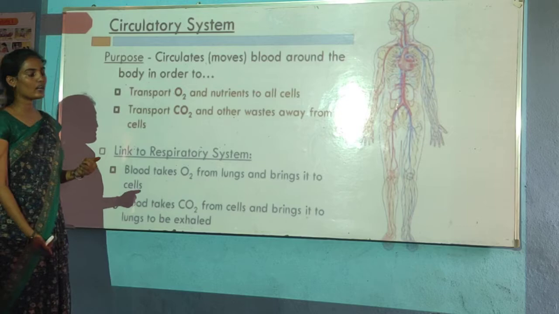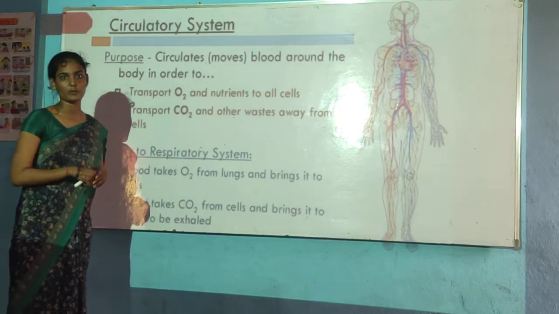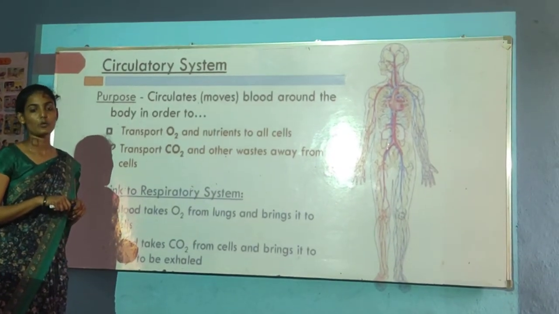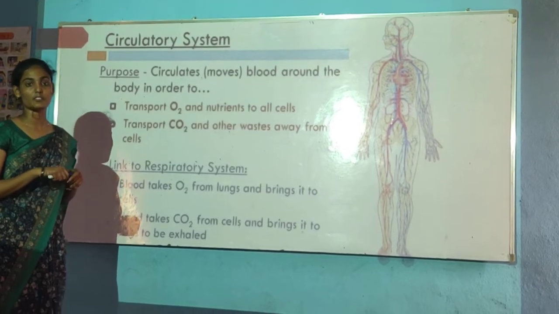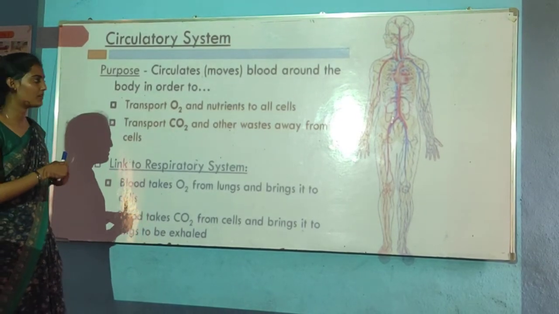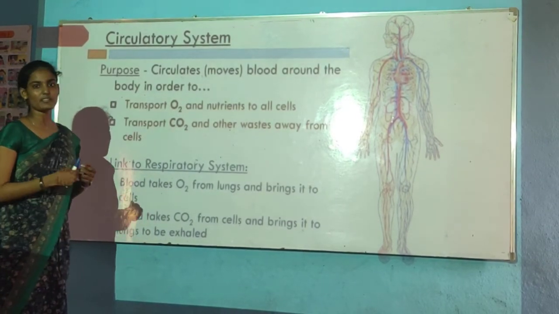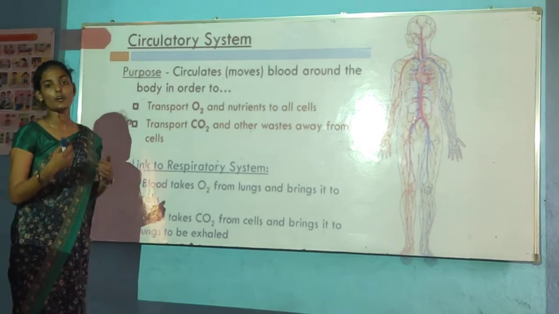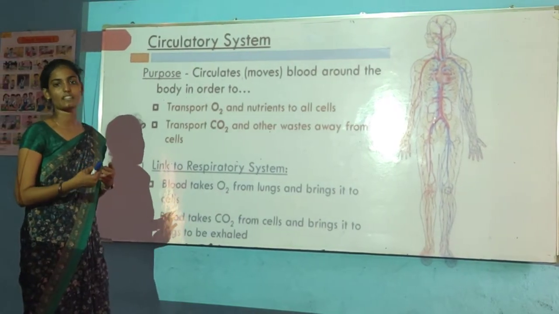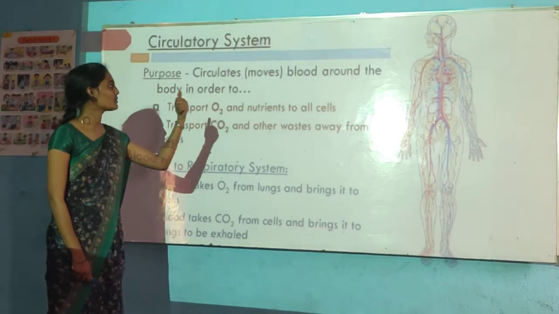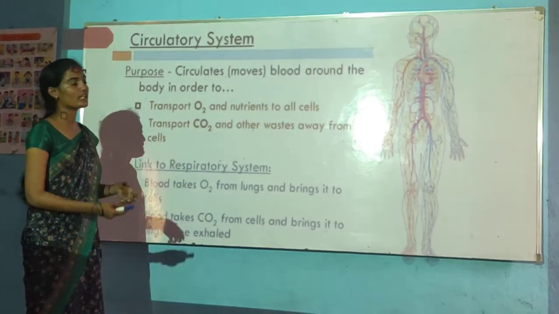Among all these organ systems, we are going to discuss the circulatory system today. What is the importance of the circulatory system? We'll have a look. Circulation means moving. So what is moving inside the body? That is blood. The circulatory system circulates blood around the body in order to